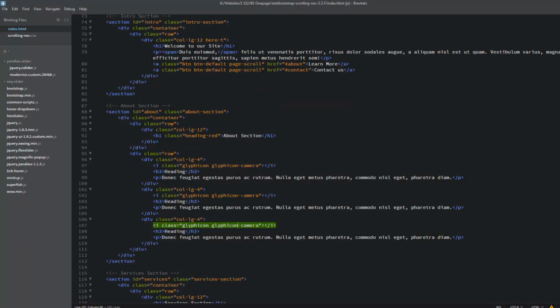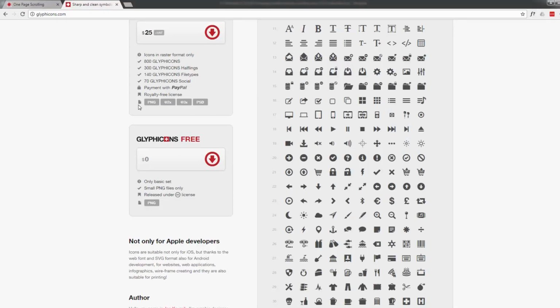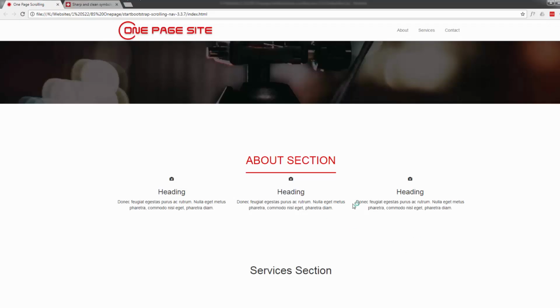So if we change the second one here to heart, and the third one to adjust, and I spell that ADJ, I believe, and save that. Back to our site, quick refresh, those should change now. Yep, there's a little heart, and there's that little sort of yin yang sign I was talking about. Right, now we want to make this a little more